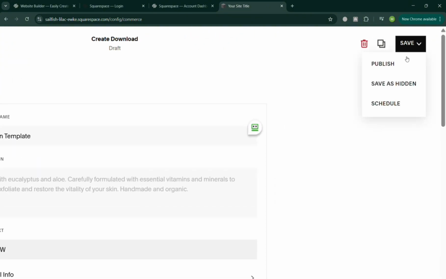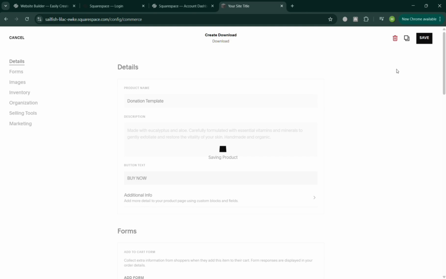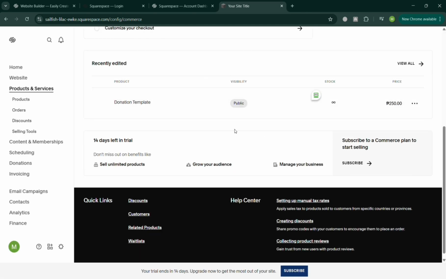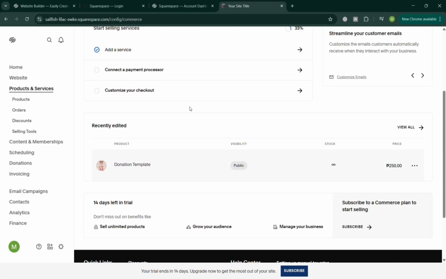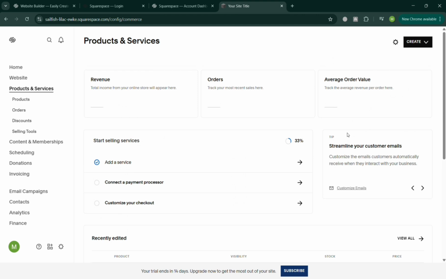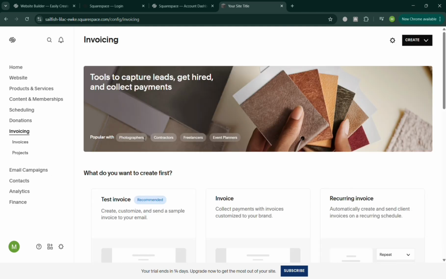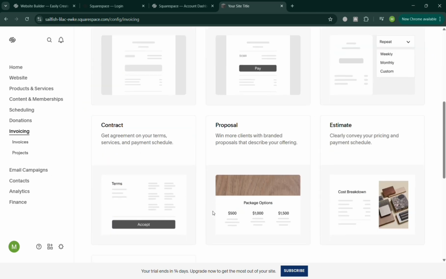Moving on, by clicking the save button on the top right, you can click the publish button to simply publish it or start selling the digital photos in here. It will show you the result of this donation template. You can click the three dots to edit or delete it. Moving on, if you also want to navigate your orders, it will show you in here under the order section. And you can also use invoicing to invoice the customer that has purchased your product or the digital photos